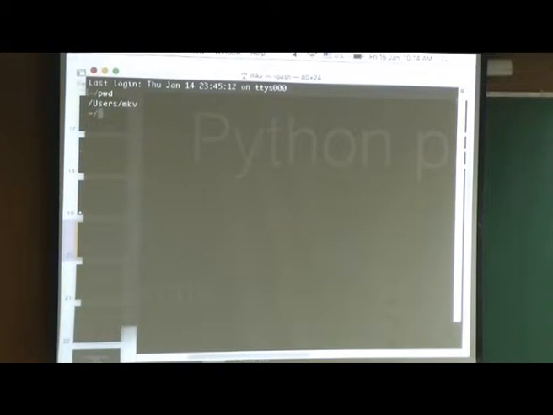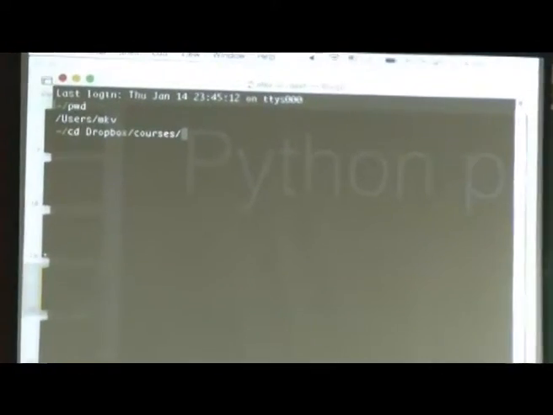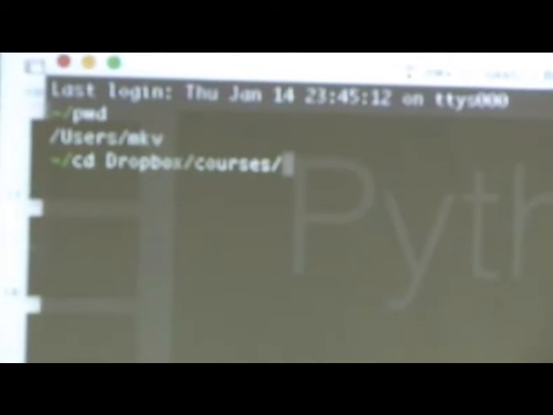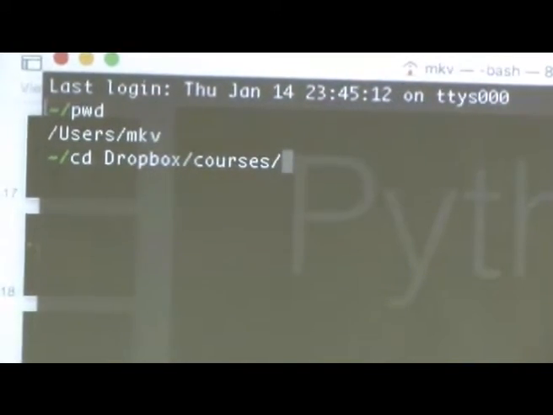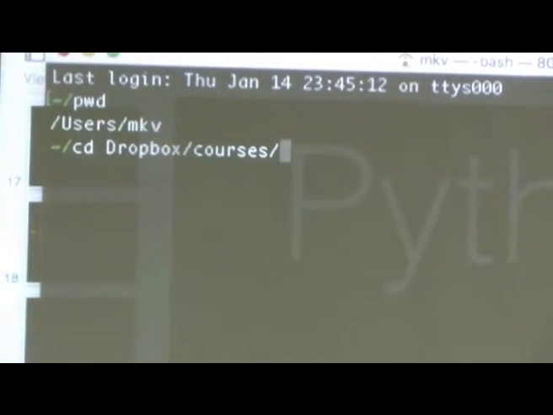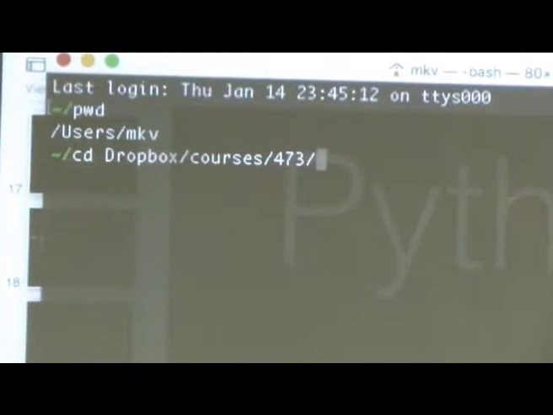Let's go to that directory, because I need it for something else. One trick is, if you press tab, and your bash profile is not screwed up, it will complete the string. 473.